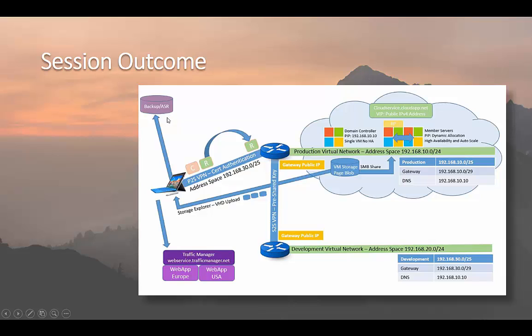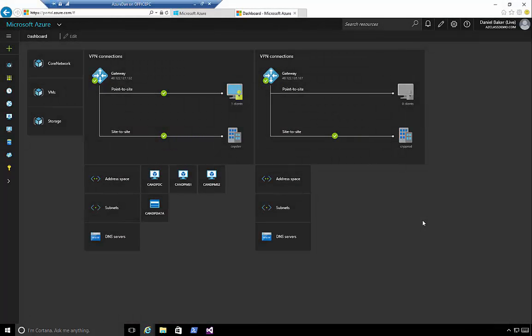So that's backup, which moves us on to our final topic for today's session. What we're going to do is build a couple of web apps, one in Europe, one in the USA, and then use Traffic Manager for intelligent load balancing. Let's take a look. Okay, so hopefully you've downloaded Visual Studio and you've downloaded and extracted the web files that